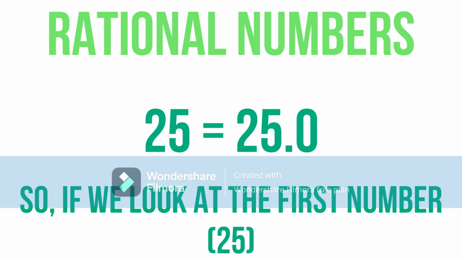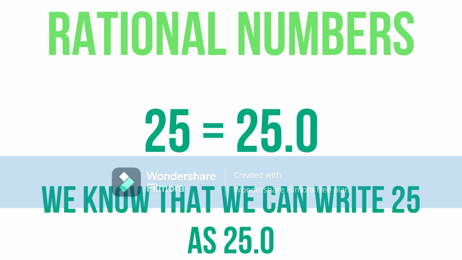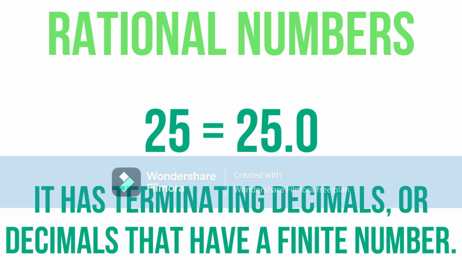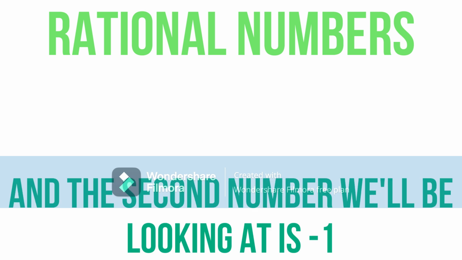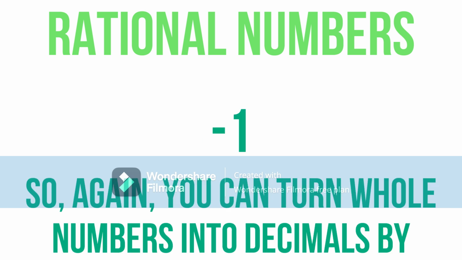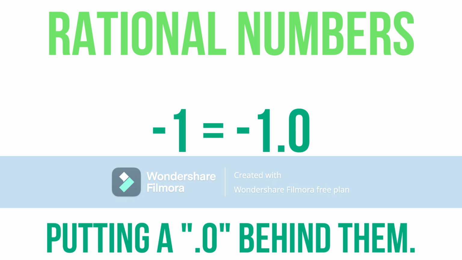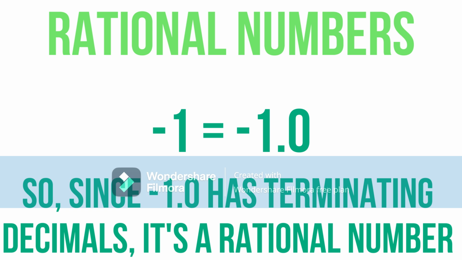So if we look closely at the first number, which is 25, we know that we can write 25 as 25.0. And if we look at 25.0, it has terminating decimals, or basically decimals with a finite number. So that is a rational number. And the second number that we'll be looking at is minus 1. So again, you can turn whole numbers into decimals by putting a .0 behind them. So since you can do the same thing with minus 1, and minus 1.0 has terminating decimals, it is a